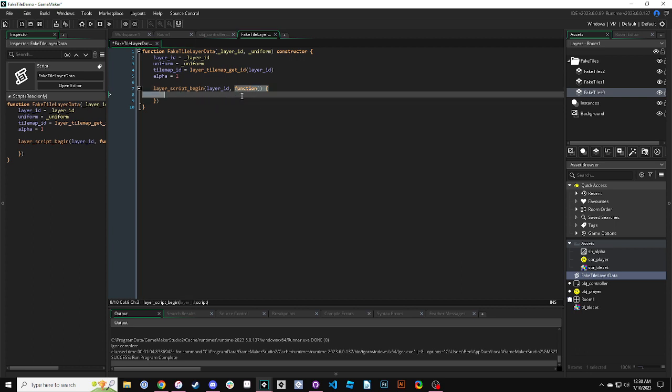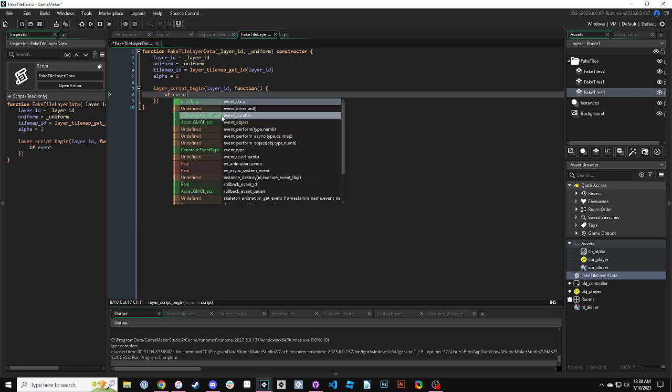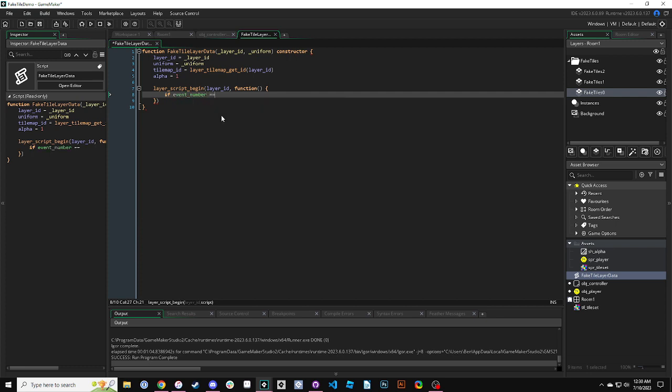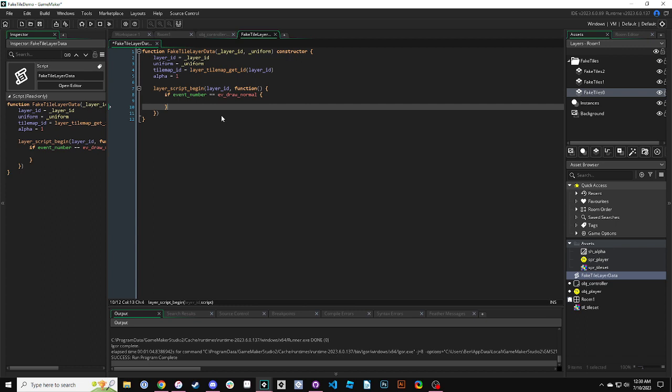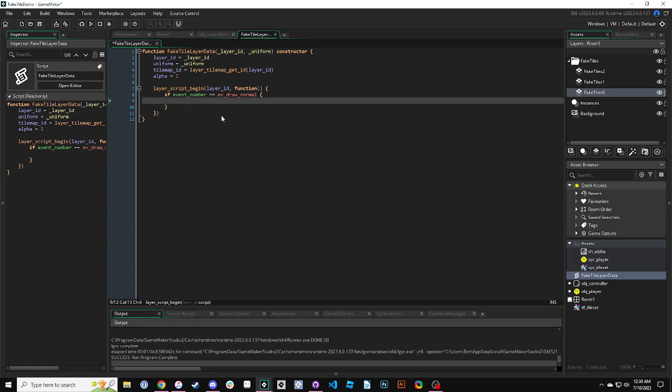You can now use methods. Extremely useful, and it actually makes this possible because now we can actually get access to our variables defined within this fake tile layer data object. So this script begin will run in every draw event if you let it. So you do a check, you need this to make sure that it only runs in one of the draw events, and then all you need to do